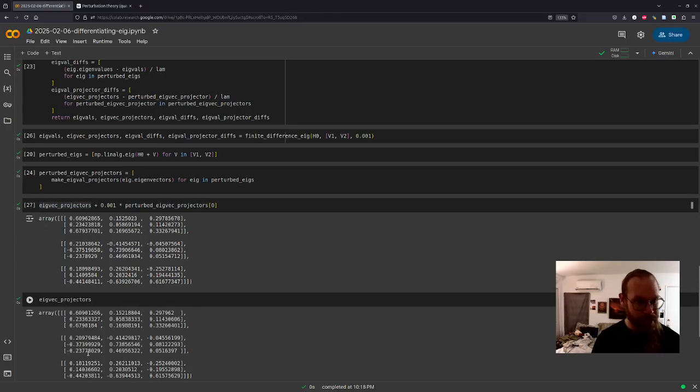Am I going to notice the difference? 6096, 6090, 1521, 1525. Okay, we notice it in the 4th decimal place, which is reasonable, I guess.